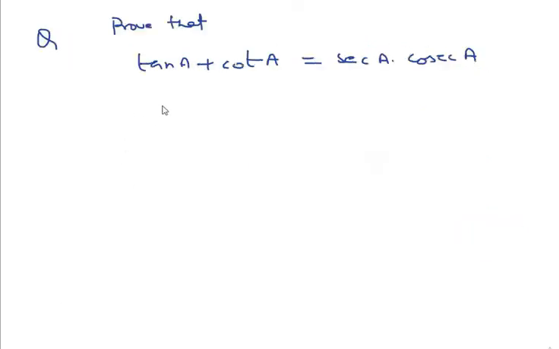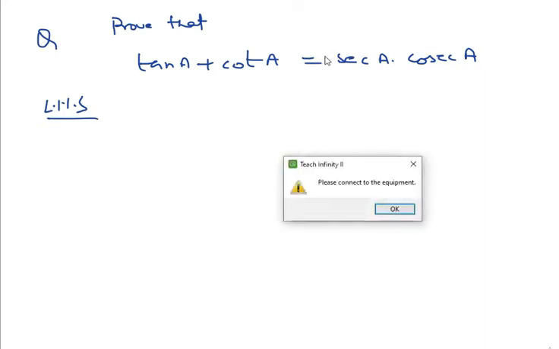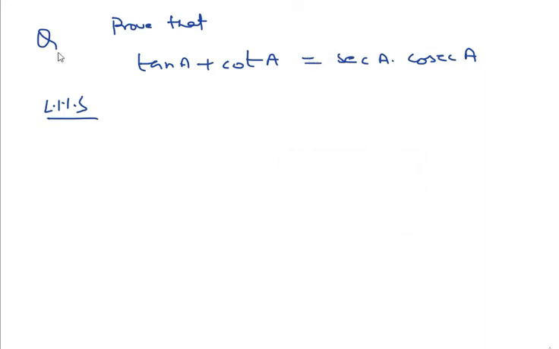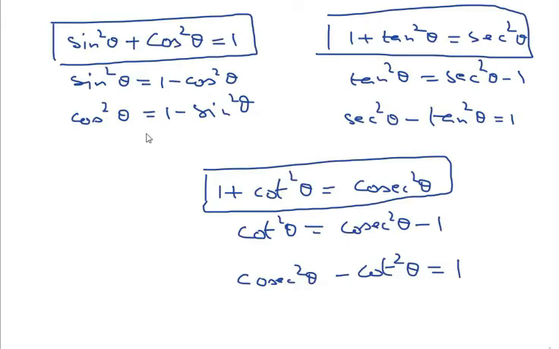Now let me show you how to use all these identities when we have to solve a question. Look at this question. Here we have to prove left hand side equal to right hand side. We start from the left hand side. Usually we start from there, or if you want to start from the right hand side you are free, but my suggestion is to start with the more complicated side. So, tan A plus cot A. You can find out if you have any identity for tan A plus cot A. Check this table. You don't have any formula for tan A plus cot A.